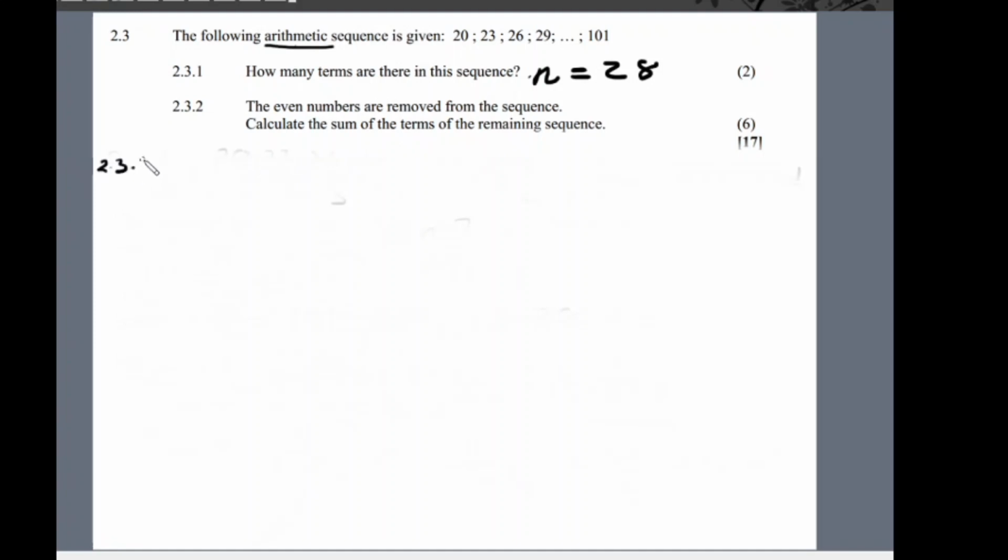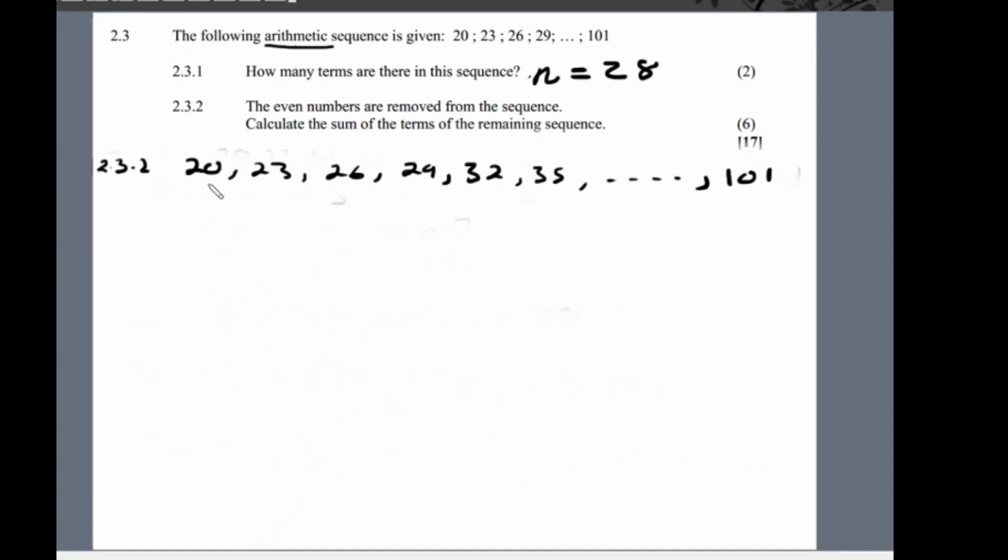We have our original sequence, right? 20, 23, 26, 29, 32, 35, all the way to 101, right? So if we remove the even numbers from the sequence,